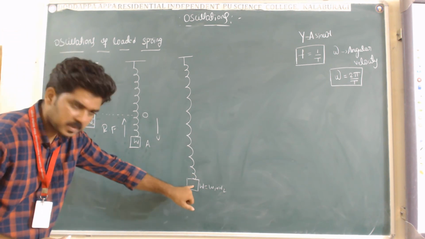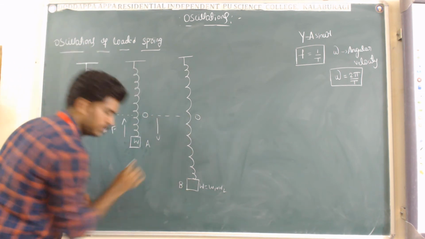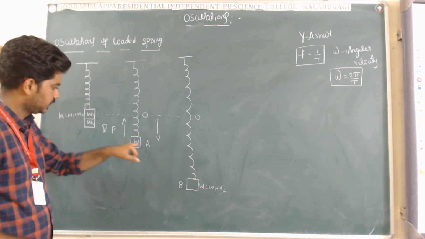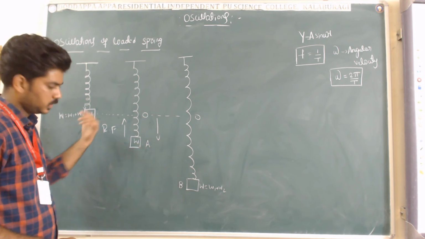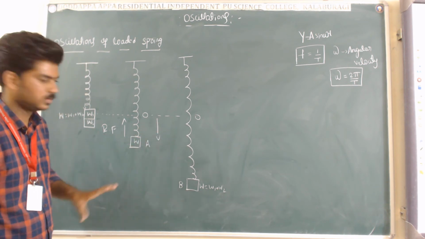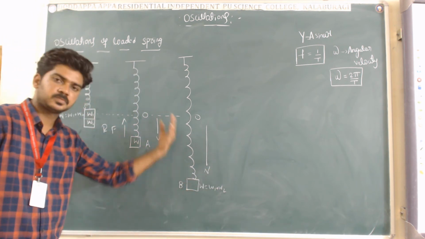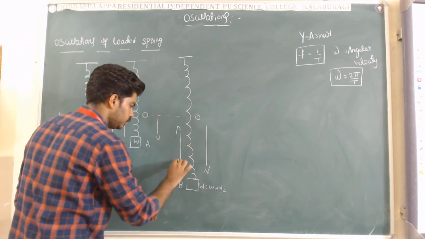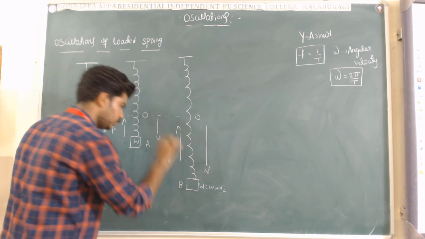If the displacement is more, then the restoring force will be more. You call this point B. Initially it was at O. After applying the weight W1, it has gone to the point A. After again applying W2, it has reached the point B. It means more displacement has occurred. If the displacement is more, then the restoring force must be more. From B to O, the restoring force is maximum.